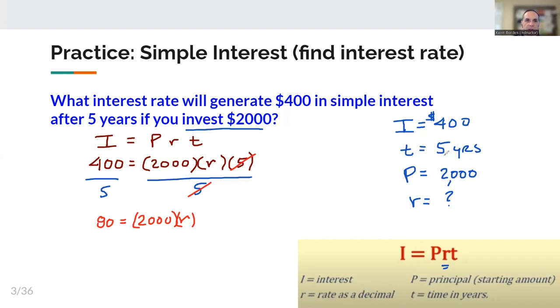Once again, we need to get R all by itself, and what will help us do that is if we divide both sides by 2,000 now. That will cancel this out, and we will be left with R is equal to 80 divided by 2,000. Let's calculate that. 80 divided by 2,000 is